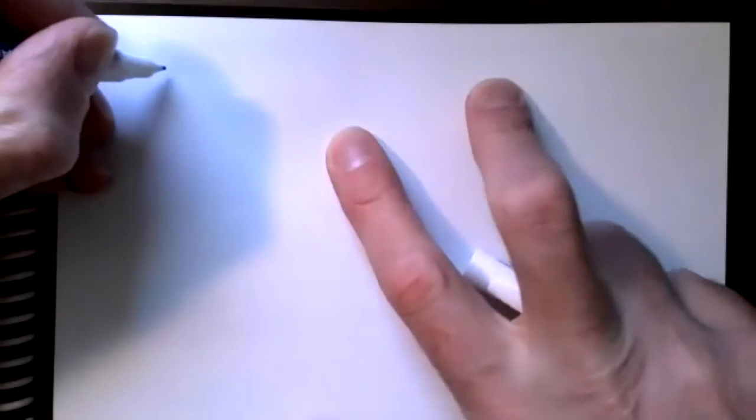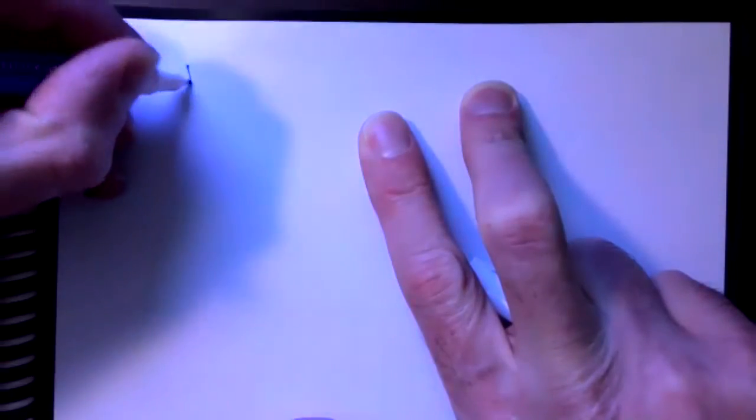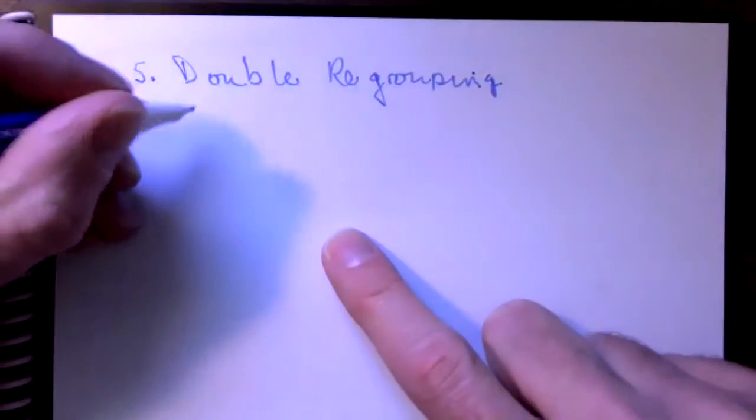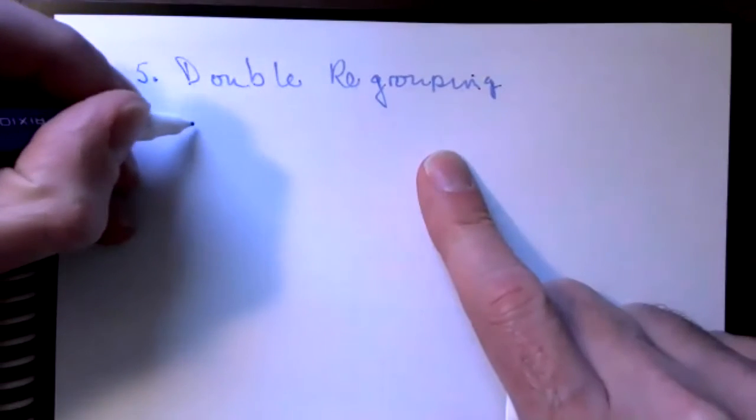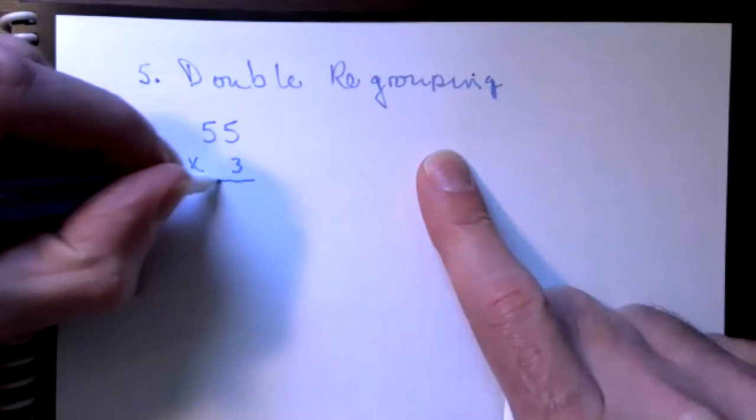Double regrouping. So stage 5 was double regrouping. We had an example kind of like this. This might not have been the exact problem I worked, but if you did, let's say, 55 times 3,